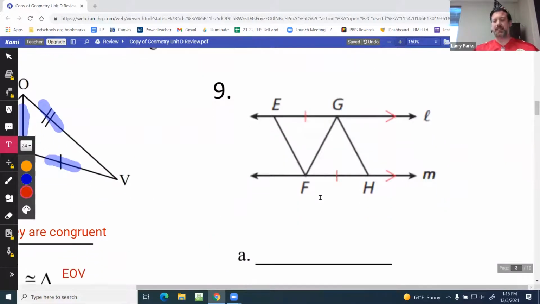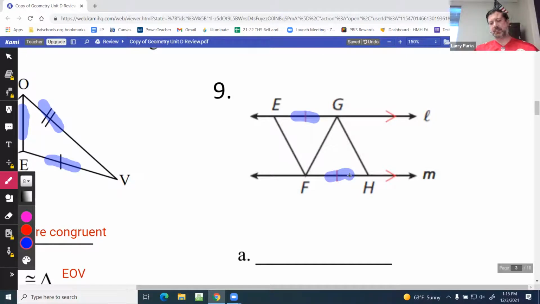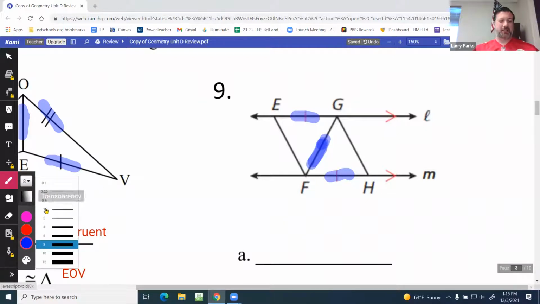Number 9, let's see what I know. I know that side equals side. And I also know, because they share this side, that side equals side. So I know it's going to have 2 S's. And then that's all I know. And I don't see any vertical angles anywhere. But I see this parallel symbol. And so what I'm going to do